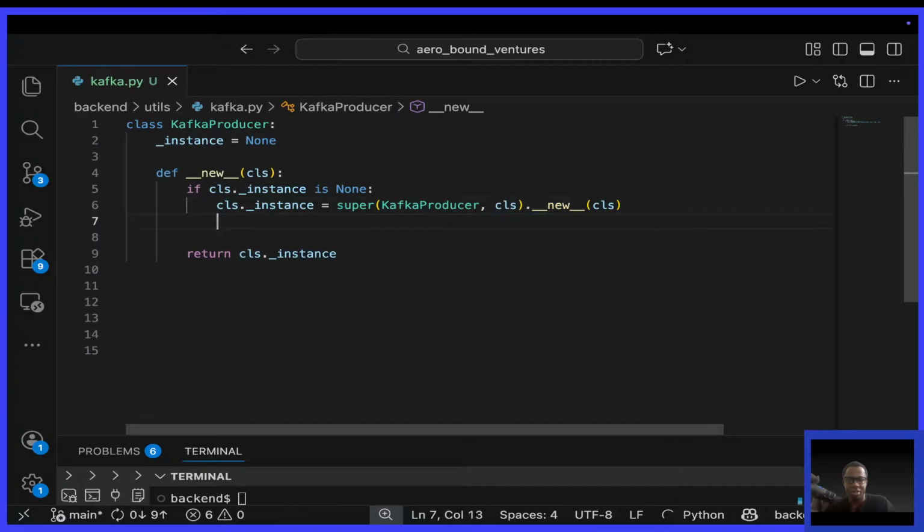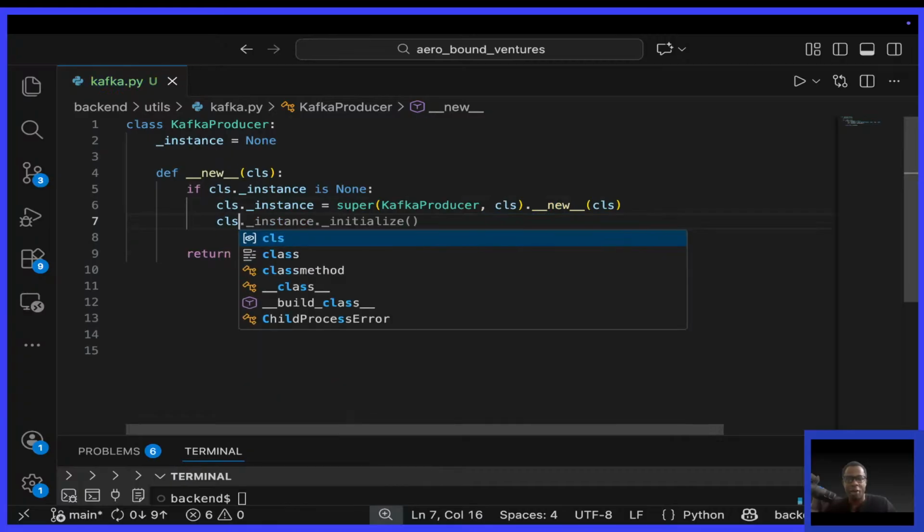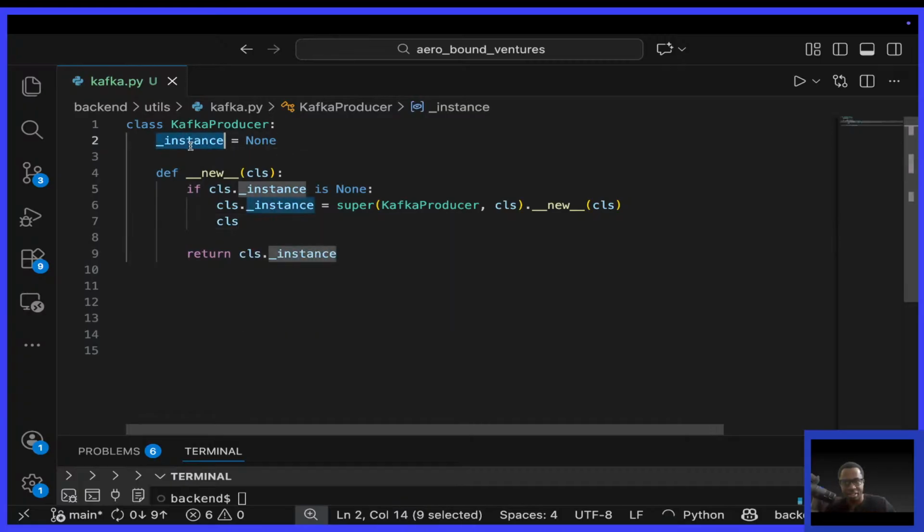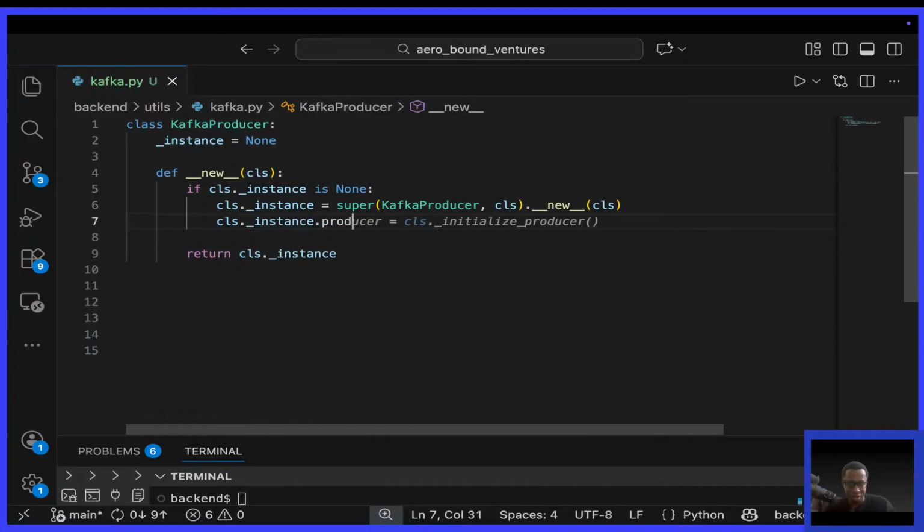After creating it, because this Kafka producer is going to have the single instance, this instance of the Kafka producer is going to have a producer attribute. So to do that, I'll say cls._instance.producer. For the first time when we are creating, the producer will be none, which is okay. Then after that, we also now need to